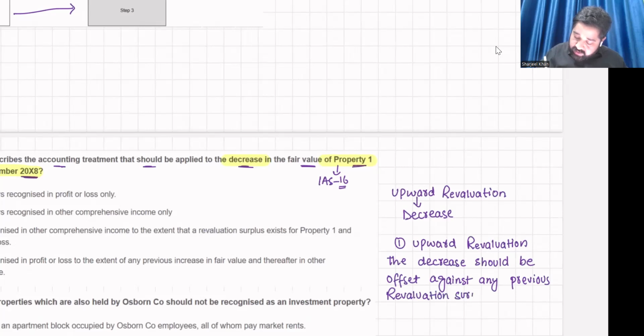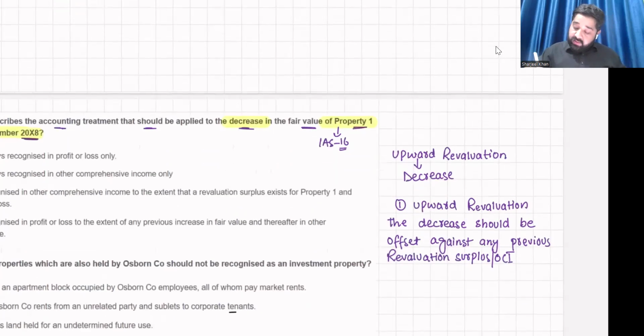Revaluation surplus, or you may say any other comprehensive income present for that asset,